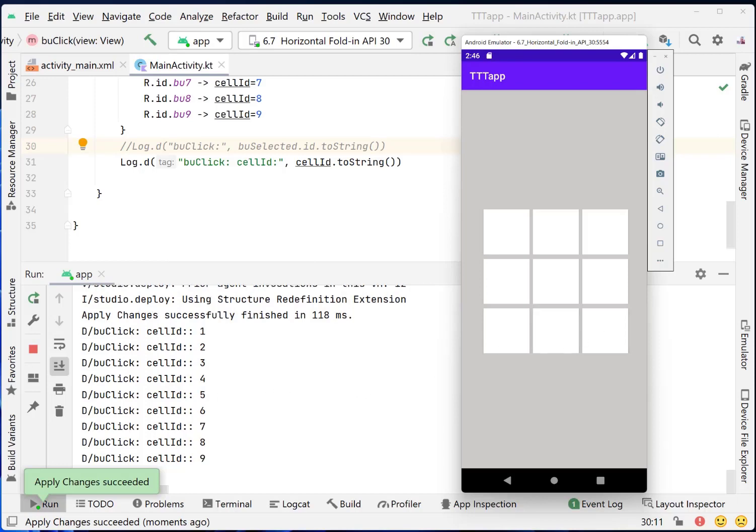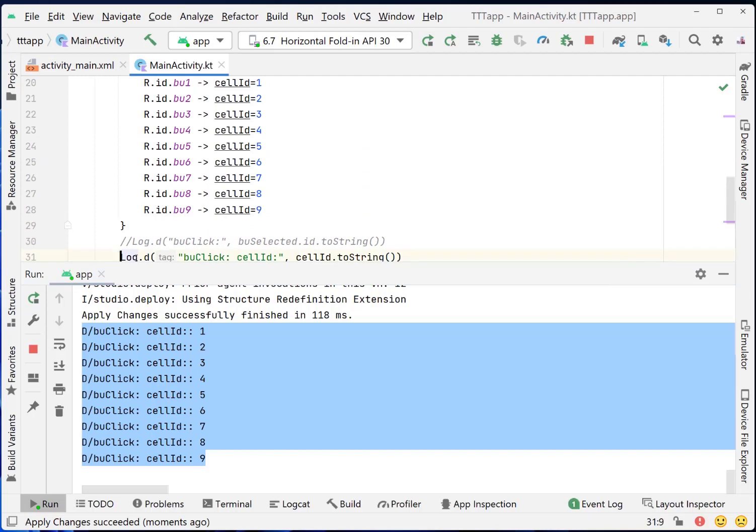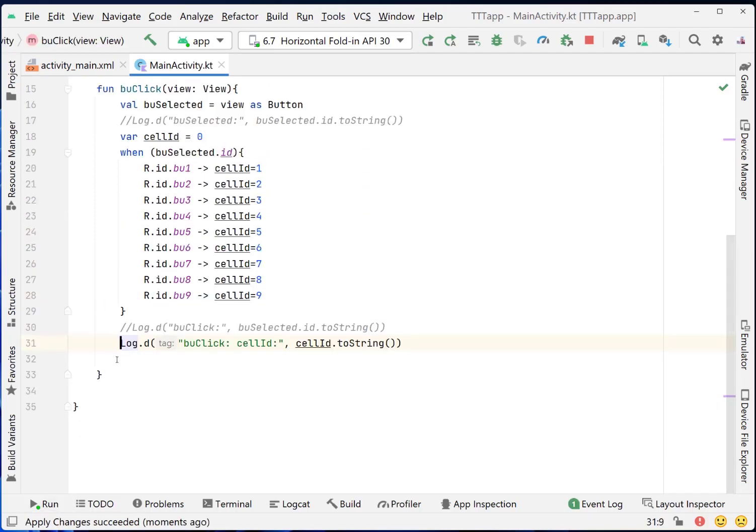Now we reach the buttons that we needed. We get the ID for each of them. We assign an ID for them. We will make the log a comment. We don't need it anymore. What we will do,